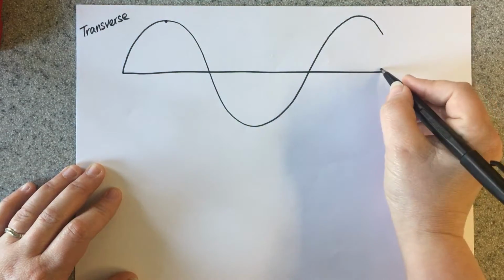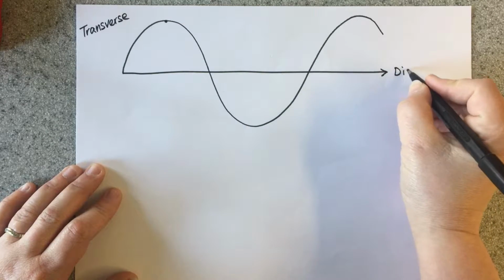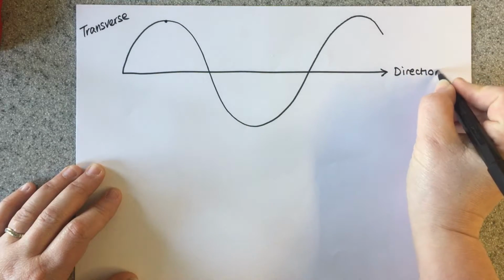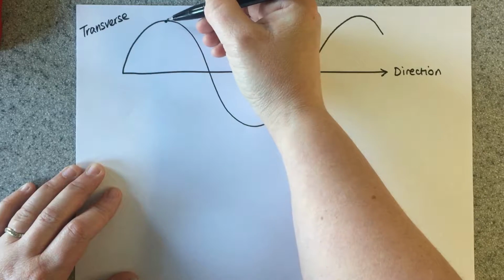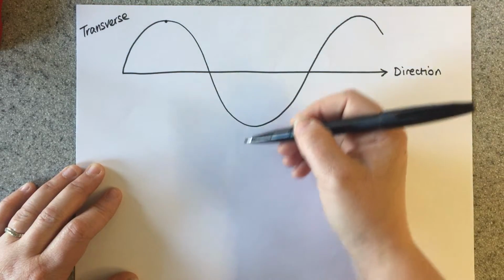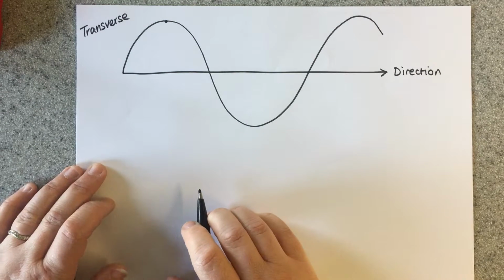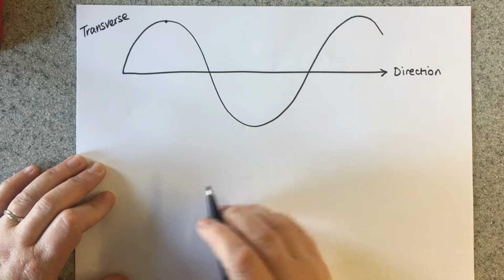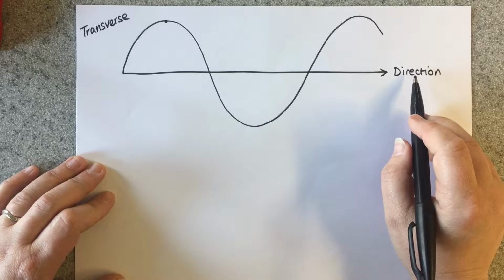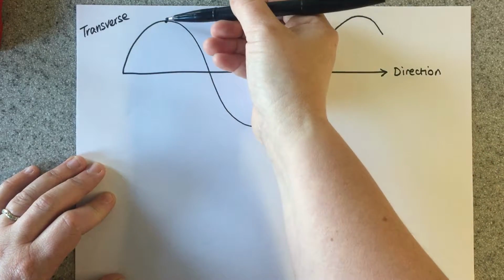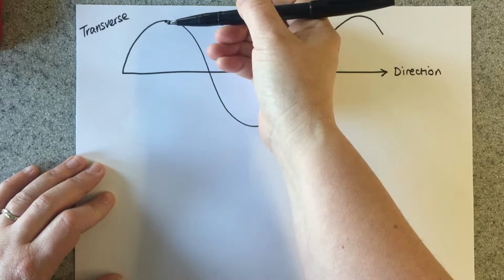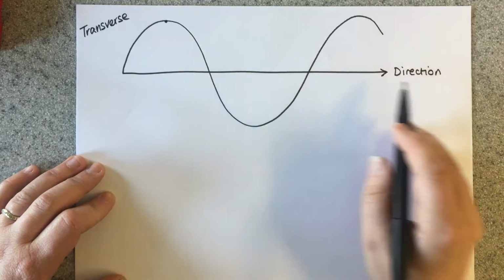moving relative to the fact that the direction of the wave is travelling this way, this particle is going to move basically up and down. So we don't talk about it moving up and down or left and right. We relate it to the direction of travel. So the transverse wave is where the particles or the oscillations are at right angles to the direction of the